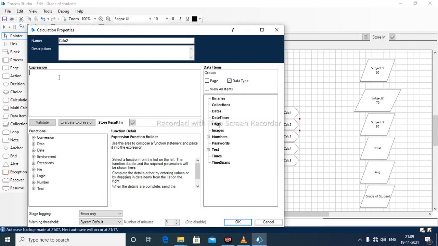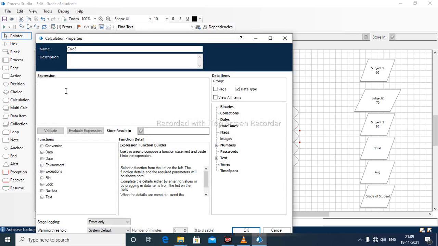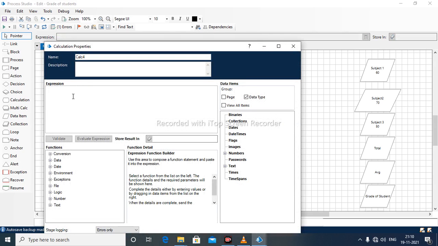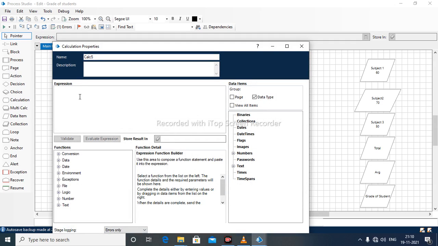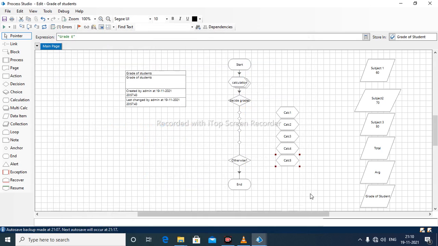Then here I will write grade B. Then for the third, grade C. Here grade D. Here I will write grade E. Okay.